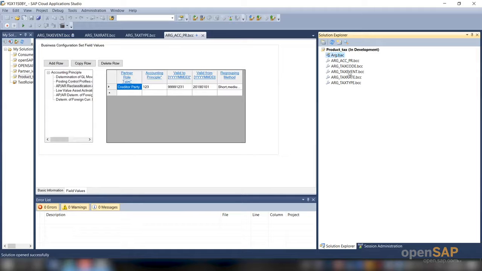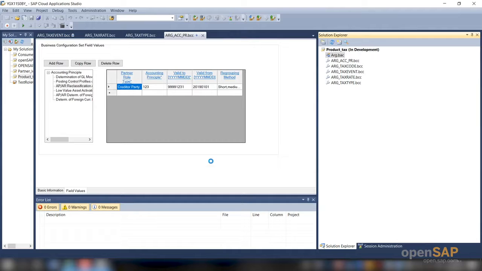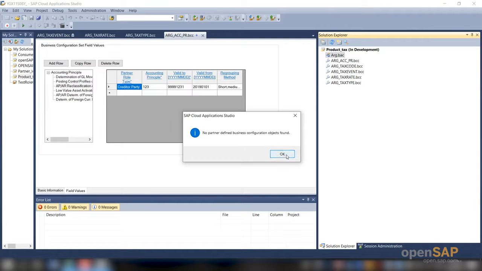Once this is done, the next step is to create several BC sets, as I already mentioned. To define a new tax content for Argentina, I should first create a BC set. I name it tax type, and then it comes up here, no partner defined BCOs.